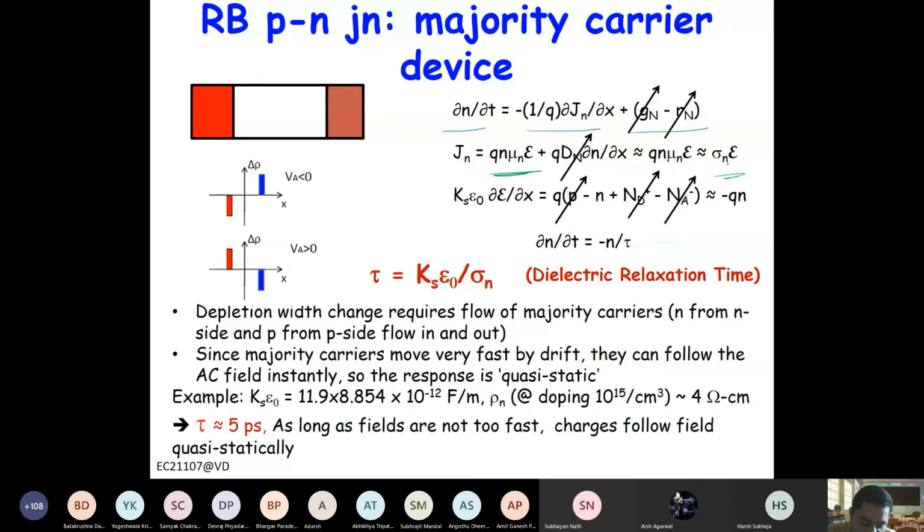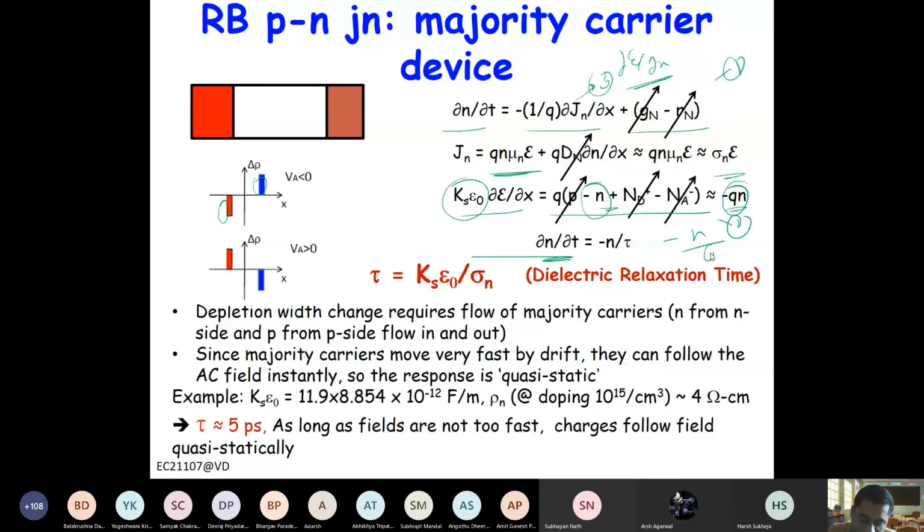The charge that is moved here is basically your n. These are the movable charges only, right? Other charges are not moving, so we only include the moving charge here. So it becomes q times n, the majority carrier concentration. For the hole side, of course, it will be p. From these two equations, you can estimate dn by dt, and that comes out to be around minus n. Now q will cancel, since sigma is there and epsilon is there, right? So it is basically epsilon by sigma, right?